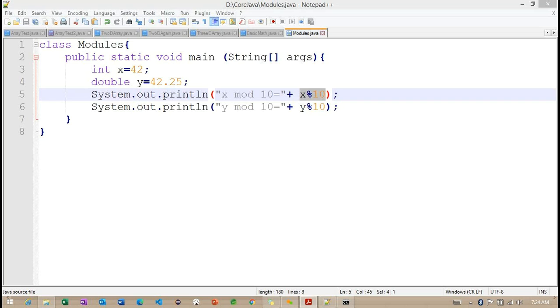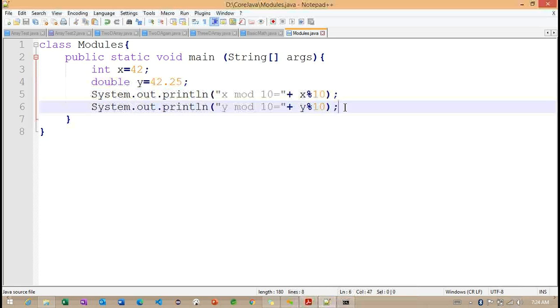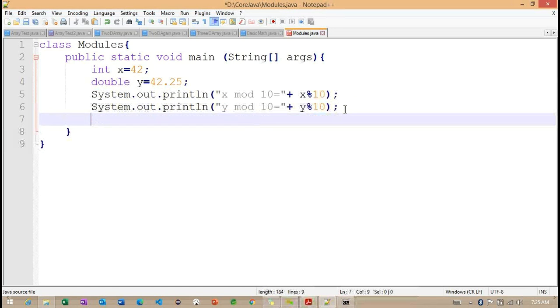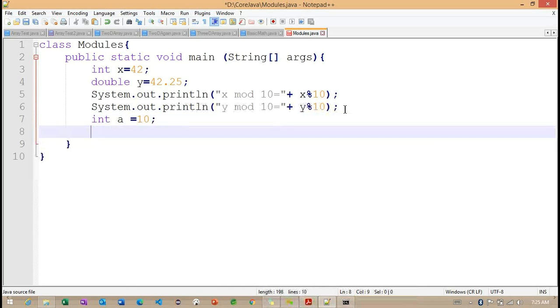With a different example, let's try the arithmetic compound assignment operators. How exactly does this compound assignment operator work? For example, I have a equal to 10 here, right?